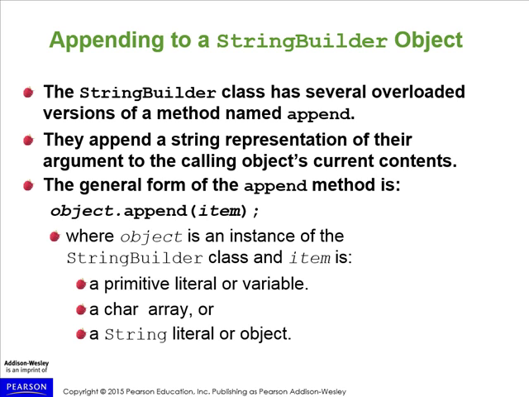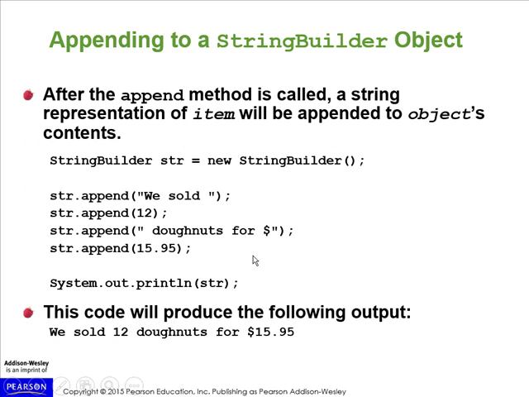All right. StringBuilder has several overloaded methods. The append, so you can make changes to it. Okay. So notice what they have. StringBuilder. It's not string. It's StringBuilder equals new StringBuilder. All right. So they keep appending to it. We sold space 12, and then space donuts for dollar sign. Then, putting these 4 append statements into the StringBuilder str will result in